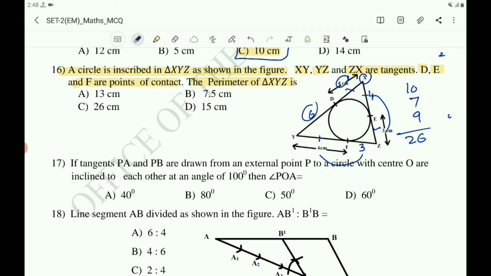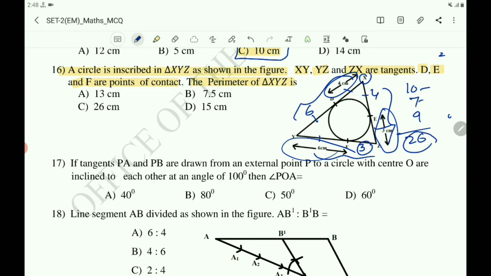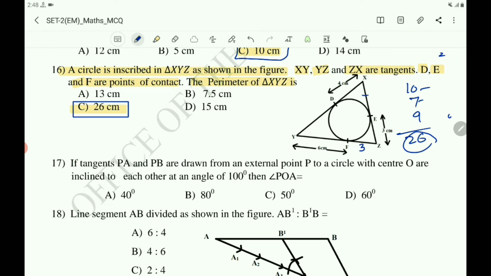What is the perimeter here? Perimeter is 26 centimeter. So, here you observe the figure clearly. The measurements are given. This you must use, and this, and this. And this is given, means this is also the same. This is also 6. This is 4, means this is also 4. And this is 3, means this is also 3. So, 6 plus 4, 10. 4 plus 3, 7 and 6 plus 3, 9. And sum of all these is the perimeter of the triangle. Perimeter means length of all the sides of the triangle. So, which is the answer here? Option C is the answer. Note down the answer, option C.